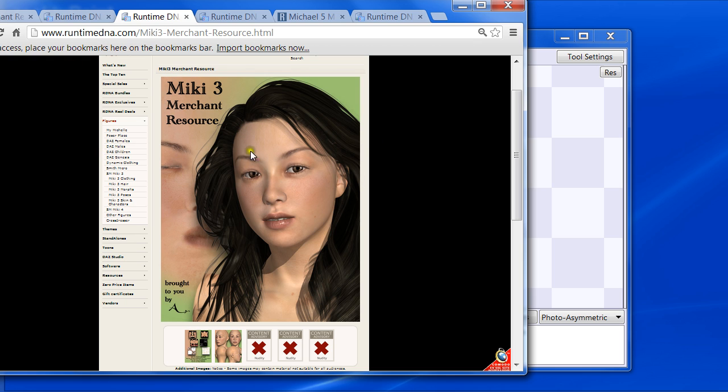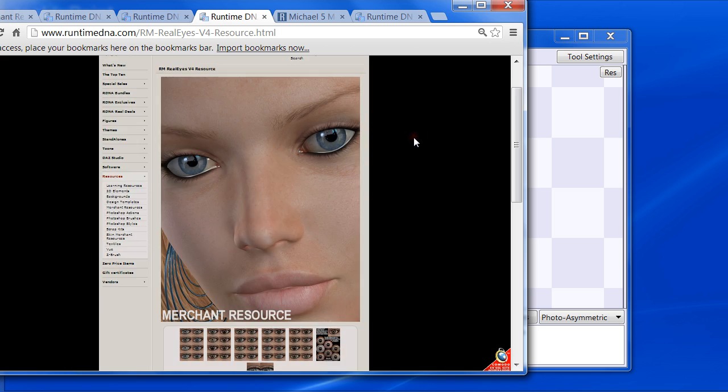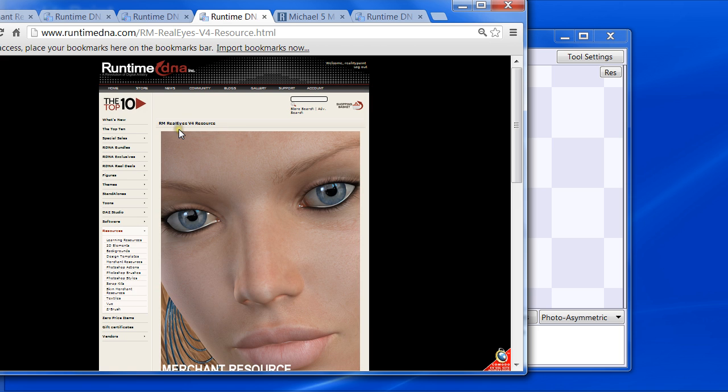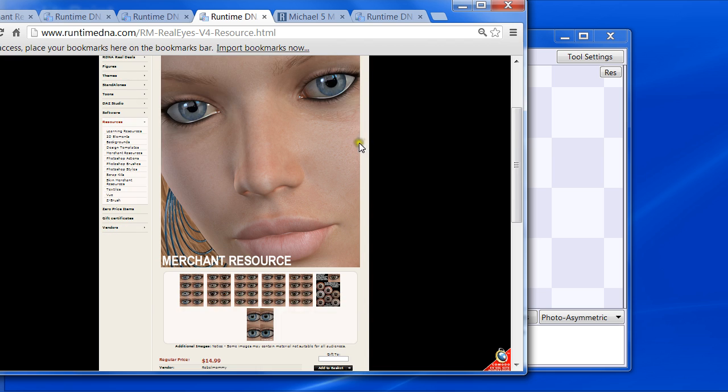You choose your package just based on how close it is to your final product that you want to have. All right, and so here is a case of it's an eye package as well. This is called RM Real Eyes V4 Resource that's found at Runtime DNA. And again, if you don't want to paint all these eyes yourself, all the little detail, you can get